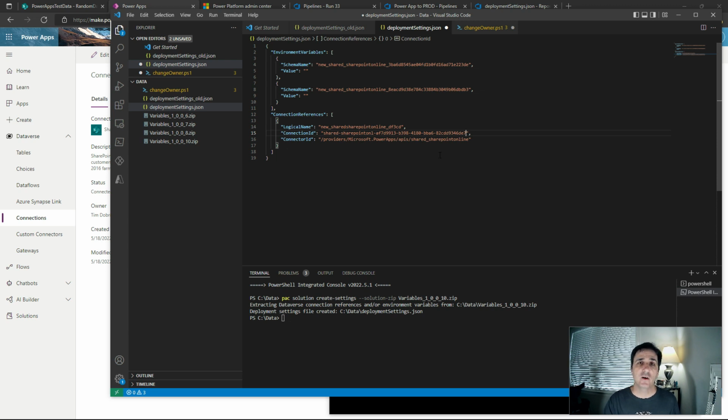But this gives us our new deployment settings file. Again, the top part hasn't changed. We are still using the same environment variables as we used the last time. So the instructions to generate this are exactly the same. What we care about is this. So I'm going to copy that, because I'm not going to go hunt for my values in production just yet,